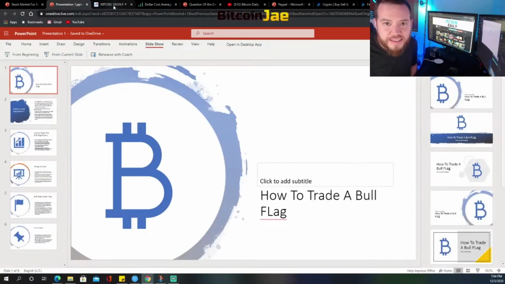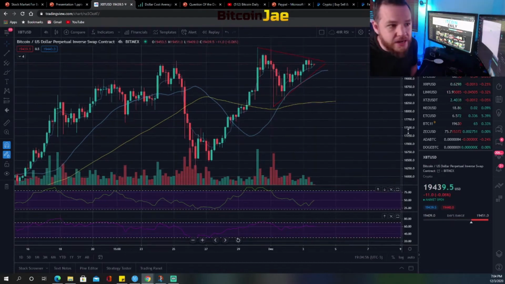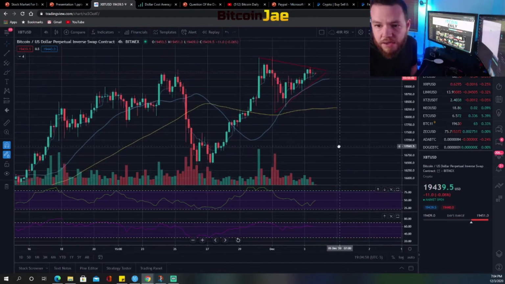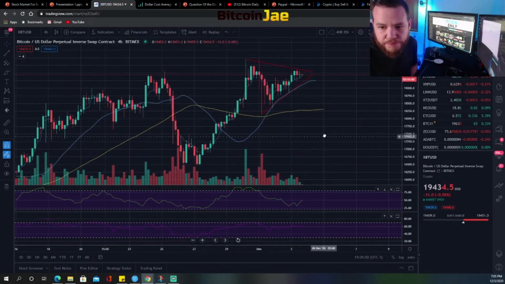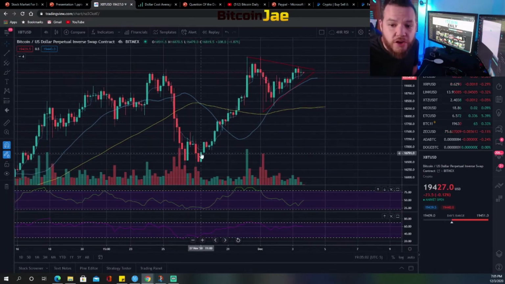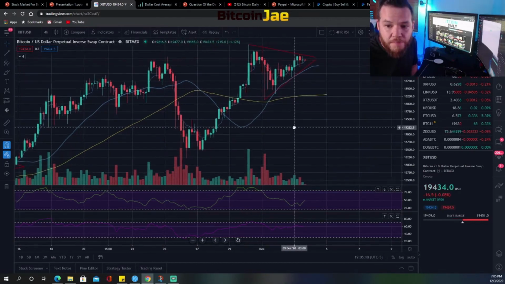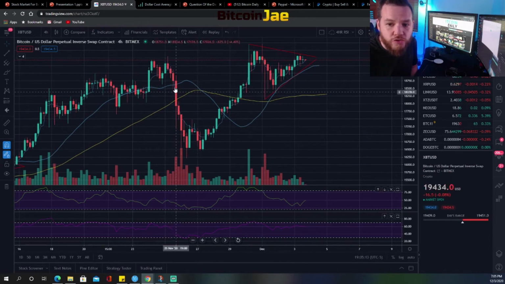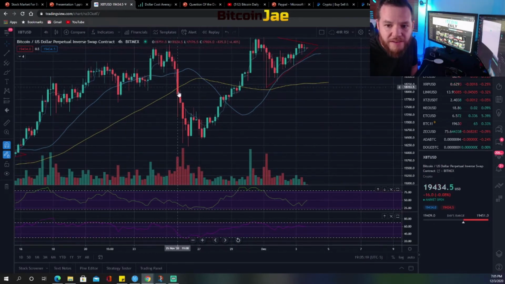So now let's take this into real time and actually look at a bull flag pattern. The reason we're talking about bull flag patterns and not focusing on bear flag patterns is because we're currently in an uptrend. During an uptrend, you don't trade bear flag patterns, because you don't want to trade against the trend. If you look at this pattern right here, this would have been considered a bear flag,